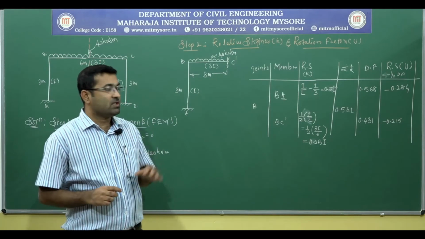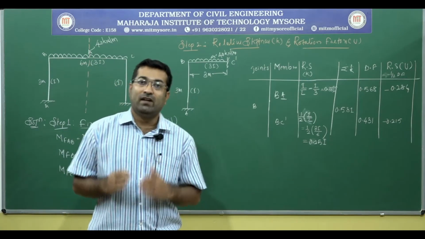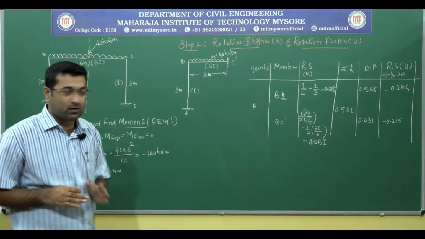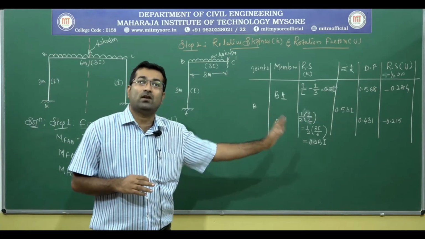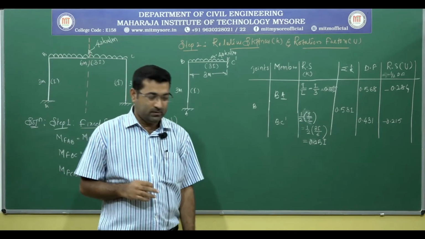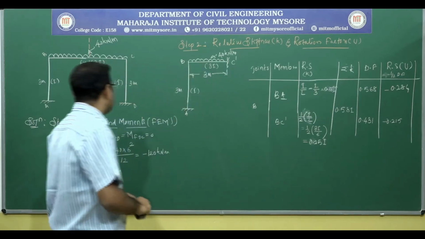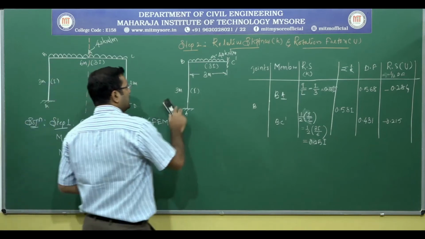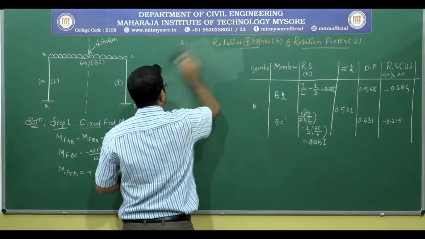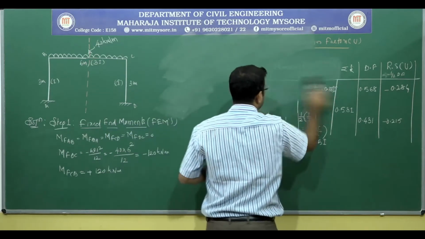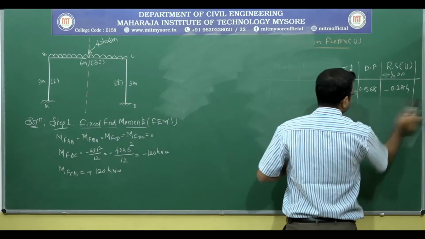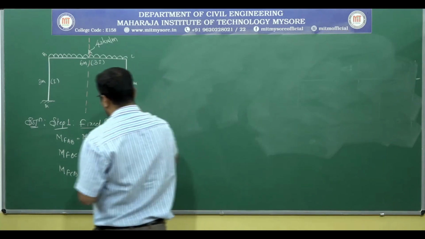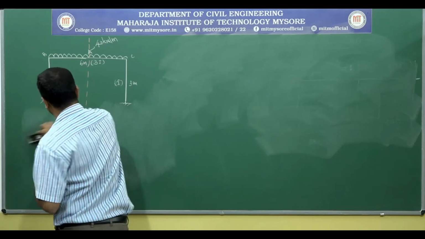So these are the changes we need to adopt whenever we are going for the symmetric concept. If you are not referring to the symmetric concept, then these changes are not required, right? Okay. So after this we have to move on to the next step, that is the Carney's table. For the calculation of the Carney's table also we have to use only 50% of the frame, that is, either the left part or the right part of the frame.